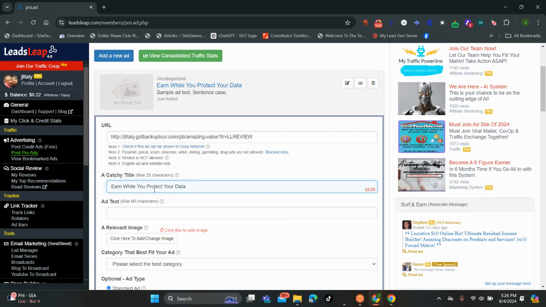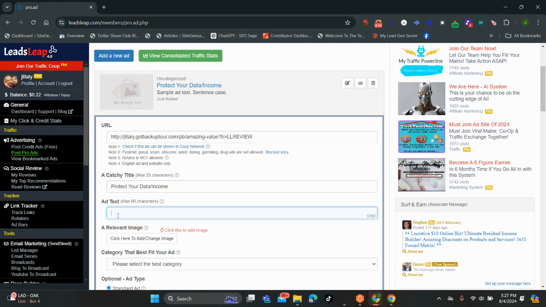Currently protect your data. Yeah, something like that. So an ad text 60 characters, so gives you a little more space to put,